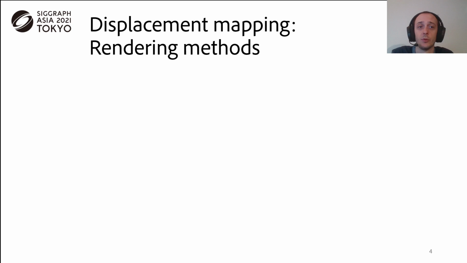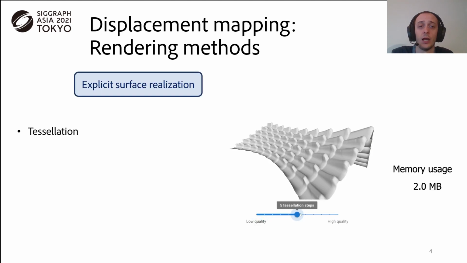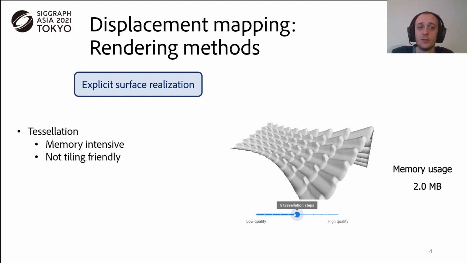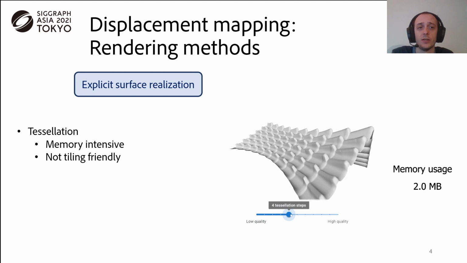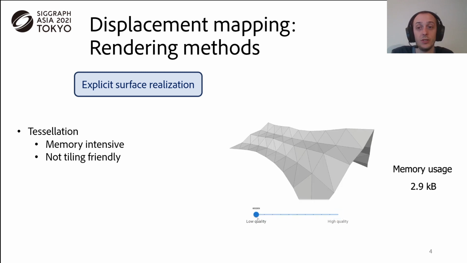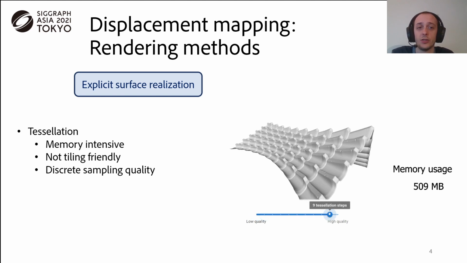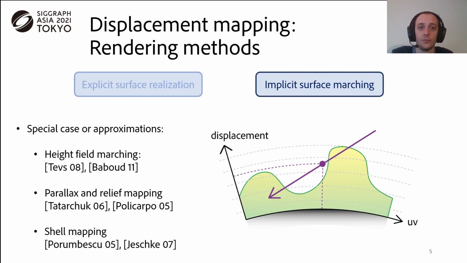Rendering surfaces with displacement is typically performed using an explicit surface realization, using tessellation in a pre-process step. However, in the context of ray tracing, since the geometry content must be randomly accessible, tessellation leads to huge memory overhead, as both the displaced surface and its acceleration structure must be present in memory, which is even worse in a case of tiling. Moreover, the tessellation's discrete sampling can struggle to represent the displacement high frequencies.